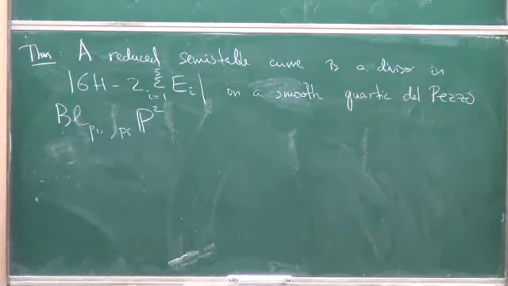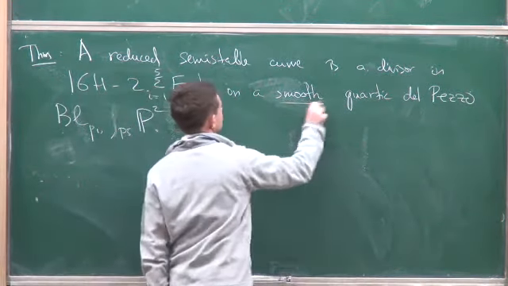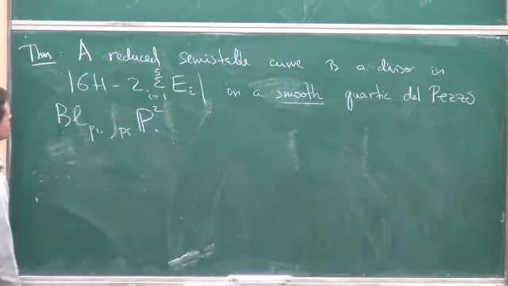And so this E_i are the exceptional divisors of the blow-up. And it's smooth,